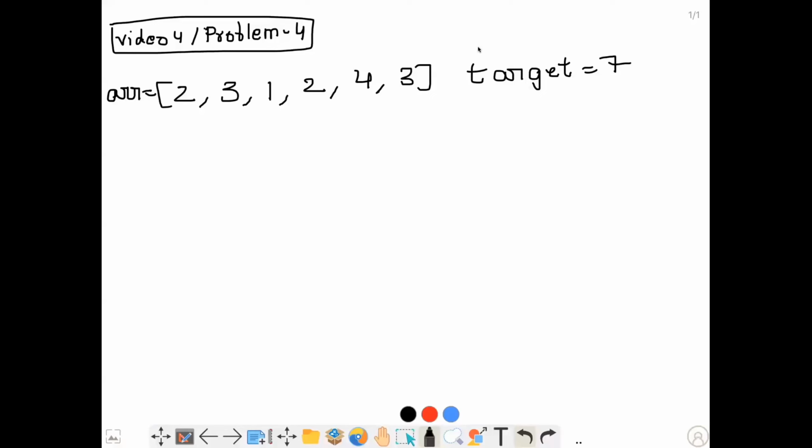So let's consider this example. In this example, we have taken the array 2, 3, 1, 2, 4, 3 and the target value as 7. And we have to find the minimum length subarray with sum greater than or equal to 7. So let us first write down the numbers 2, 3, 1, 2, 4 and 3. What will be the brute force or naive approach of solving the problem? In brute force approach, what we can do, we can